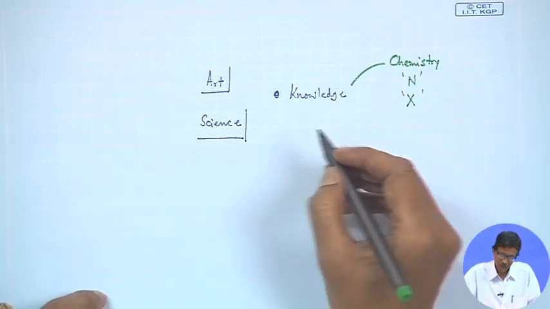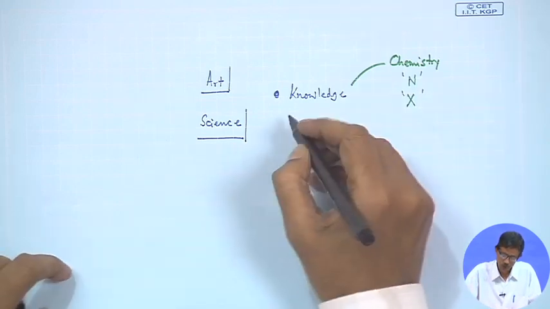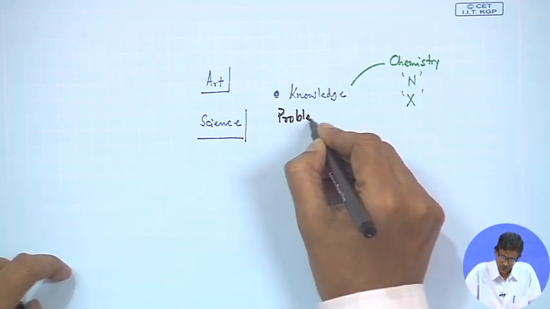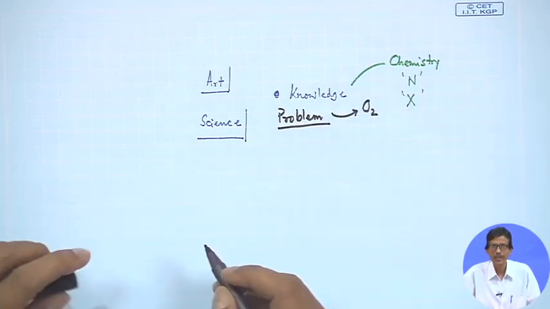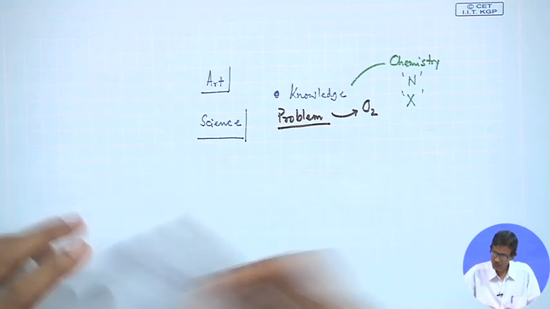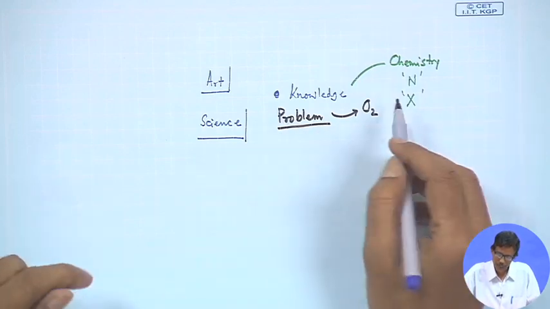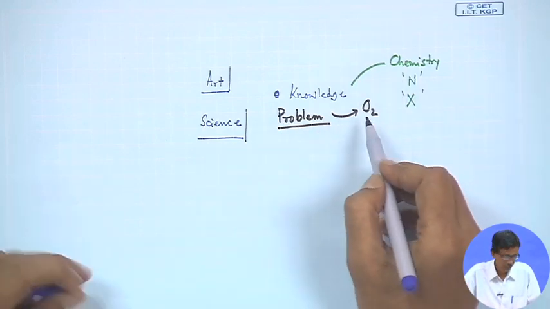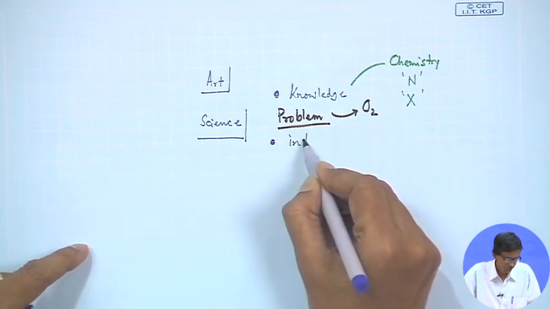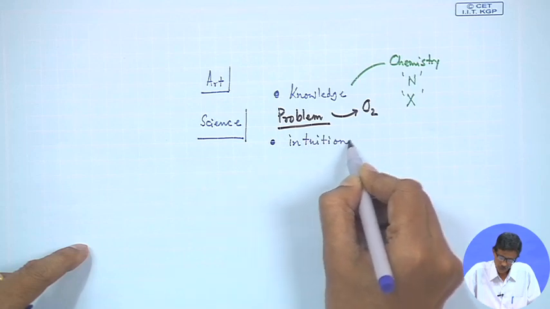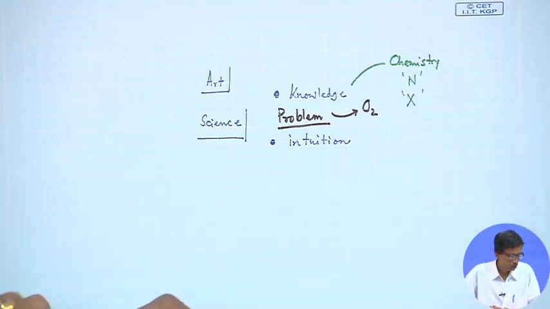So, this chemical knowledge is there, then the problem will come, that you have to define the problem. How do you define the problem? That means whether you are trying to determine, for example, the development of a sensor for O2 determination. So, you define the problem, then you try to solve it in a way that you can get information related to this O2 concentration. Then your intuition should be applied, that is, how you tackle this and how you apply your knowledge.